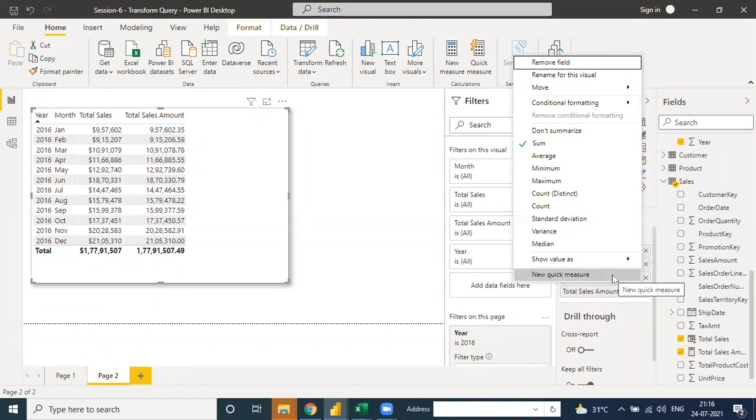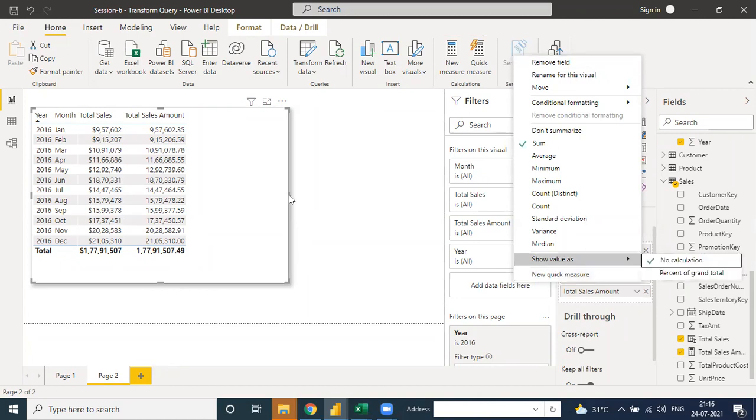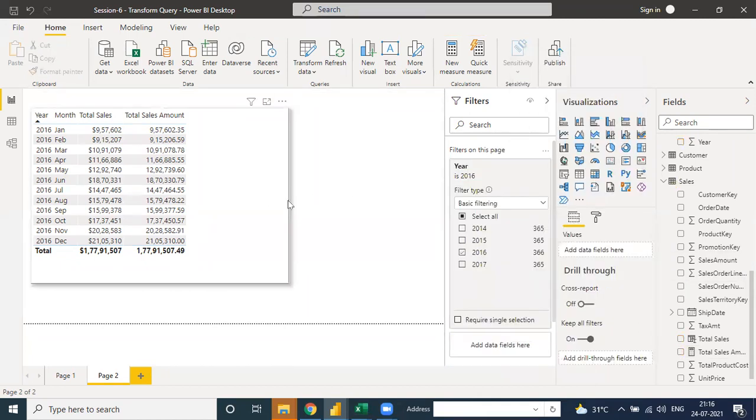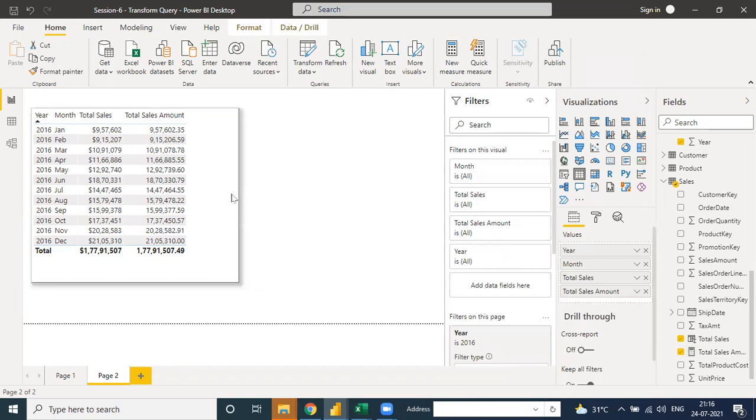So why do we use explicit? Can you tell me any 3 points for explicit or implicit measure? Why we use it? See, the amount is the same. Amount is not different. Amount is always the same. But the implicit measure will increase your file size. It will not be reused the next time. But when you put the explicit measure, it will carry your next step into our file.